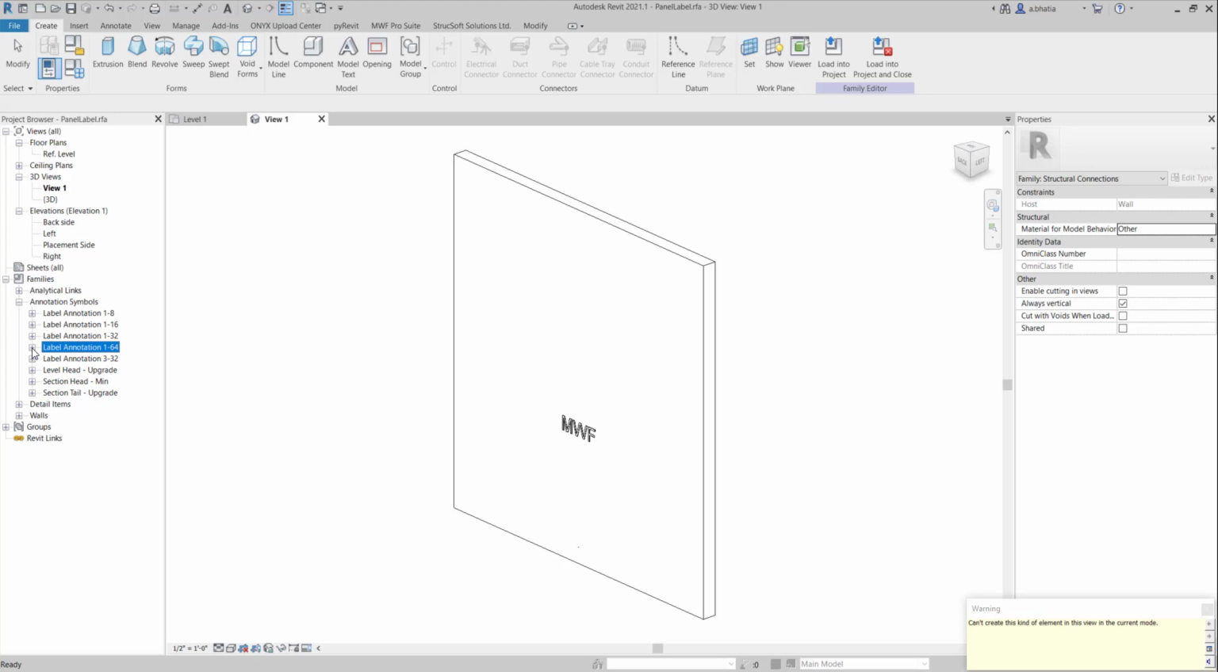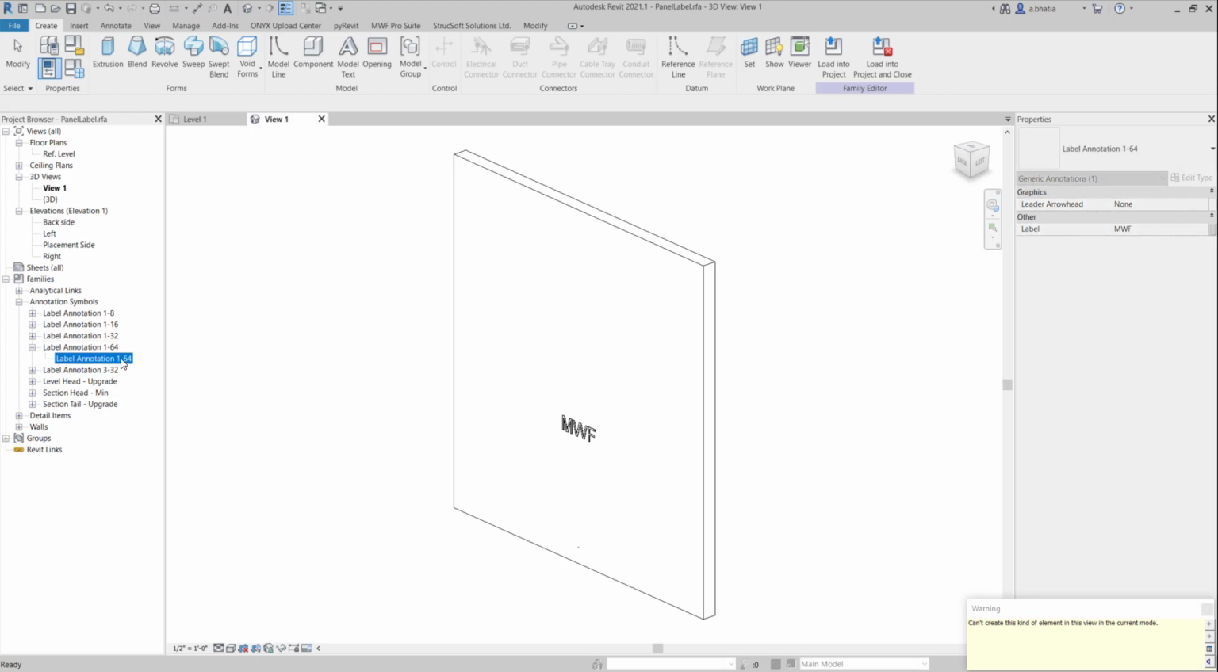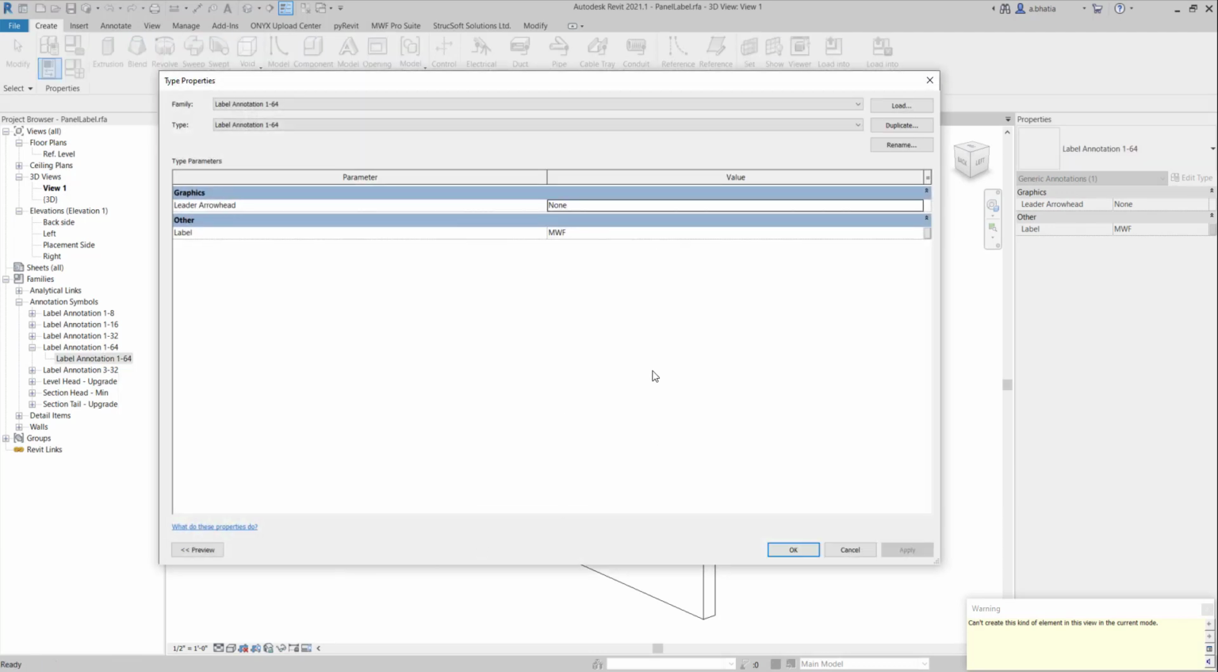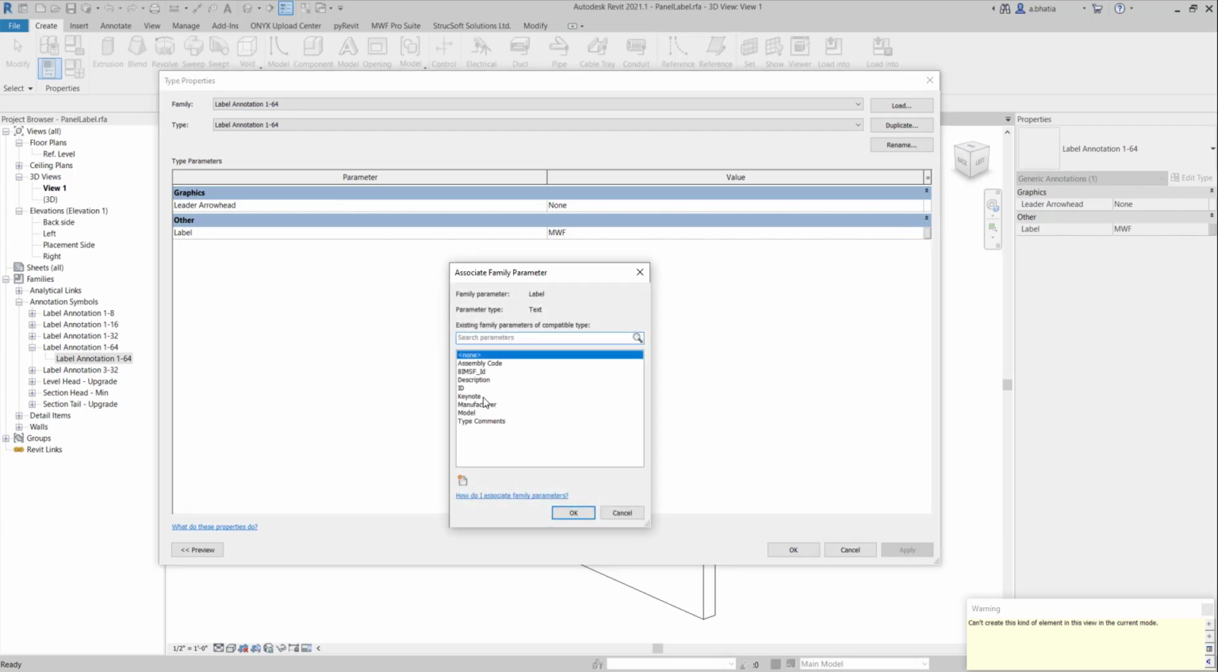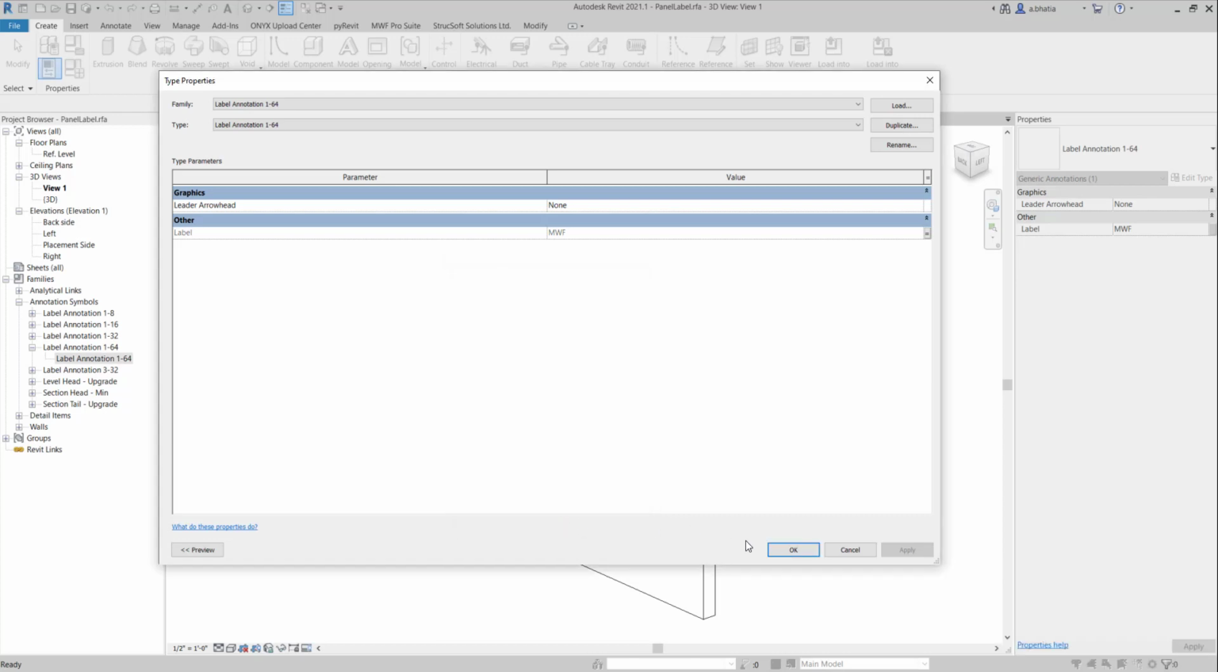So we need to ensure that this label is reading the correct parameter. In order for us to do that, we have to click on Label Annotation, and then right-click on that, and we need to go to Type Properties. We need to ensure that this text is associated to the correct parameter so that it reads the correct data whenever we renumber our panels or rename our panels or add prefixes, etc. So I will click this little gray square here, and I will associate family parameter to the ID parameter, and